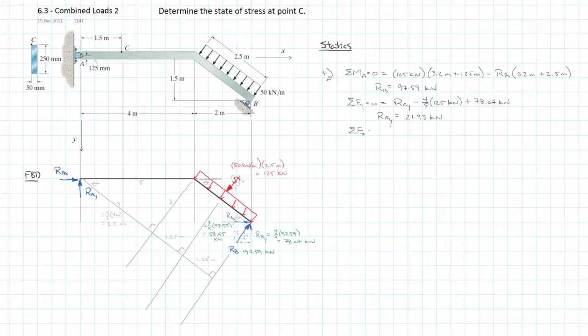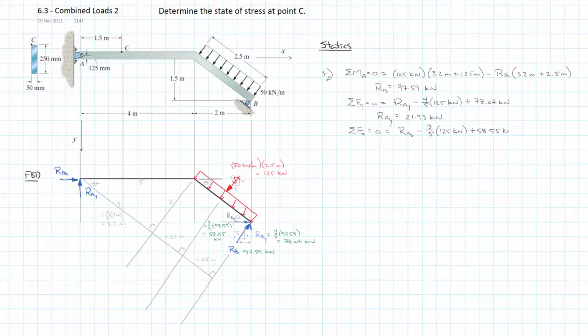And very quickly, the sum of the forces in the x direction equals 0, and we can start with RAX, again unknown, going to the right, and now we're going to subtract the x component, or 3/5, of the 125 kilonewtons, which is our UDL, and add 3/5 of RBx, 3/5 of 97.59, which we already calculated to be